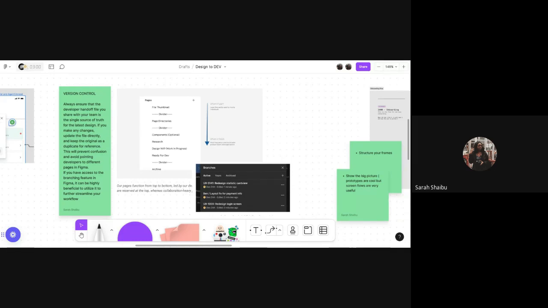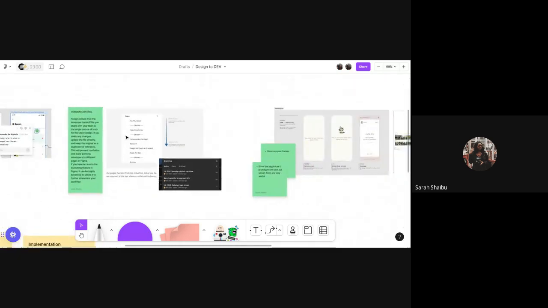And this is mine, what I'm actually displaying, where I keep my research separate from work in progress, and I keep components separate. I have an archive where things that I don't use just live. And then I have a final ready for development page. So the developers I work with know that the ready for dev page is the absolute final, up-to-date design, and that's the only place they need to concern themselves with finding any information that they need to work with.